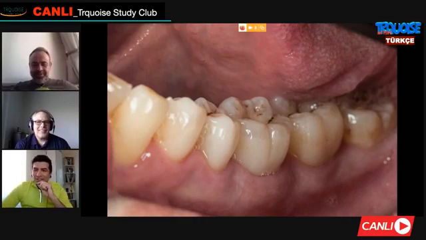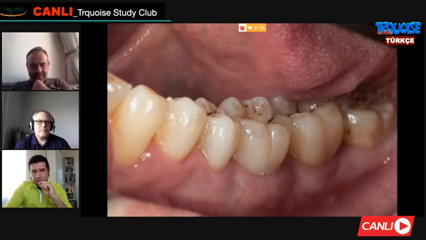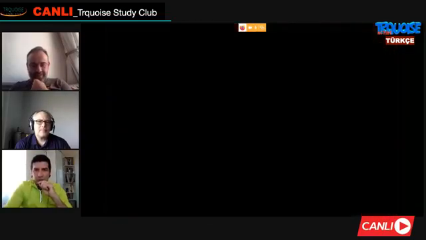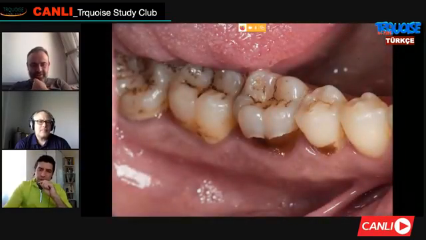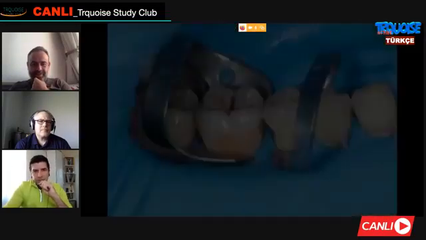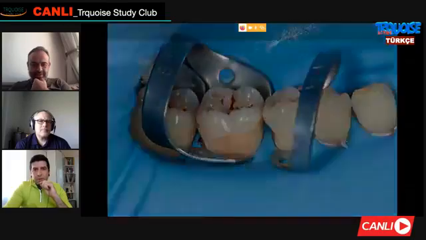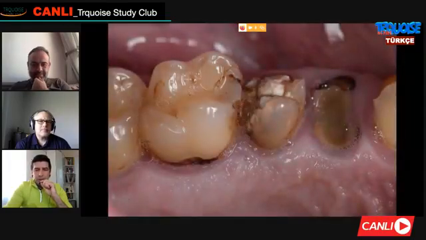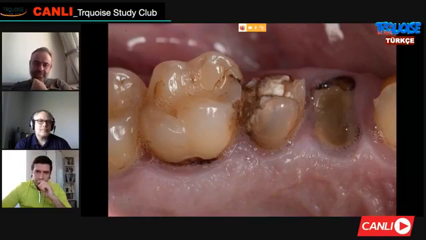So this is the recall after a week. You can see the response of the soft tissue, which is very good actually, and then we can move to the other side, where the situation is less severe. We repeated the same stages again, and during all those procedures we were doing the root canal treatments on the